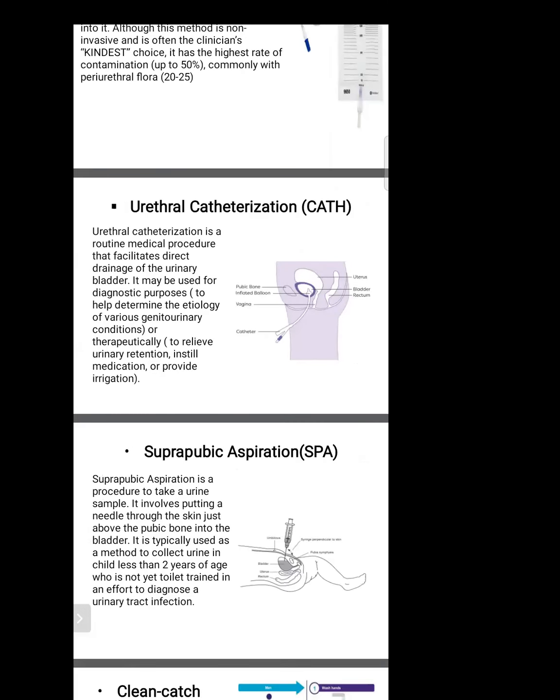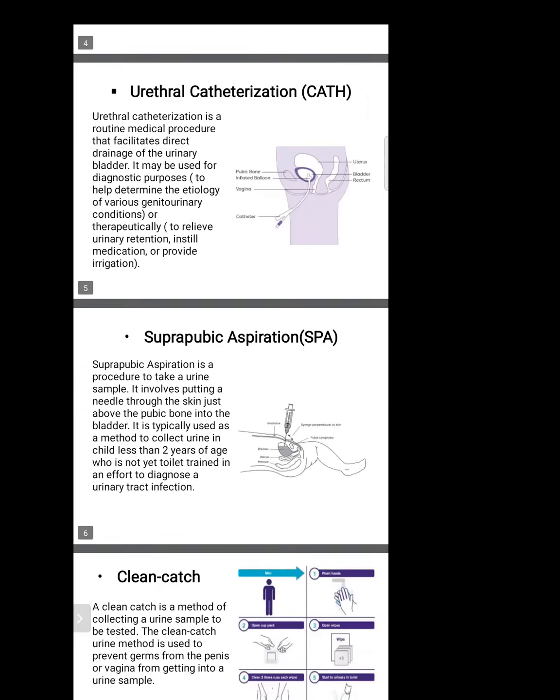Urethral catheterization, CATH. Urethral catheterization is a routine medical procedure that facilitates direct drainage of the urinary bladder. It may be used for diagnostic purpose to help determine the etiology of various genitourinary conditions, or therapeutically to relieve urinary retention, instill medication, or provide irrigation. Number three,